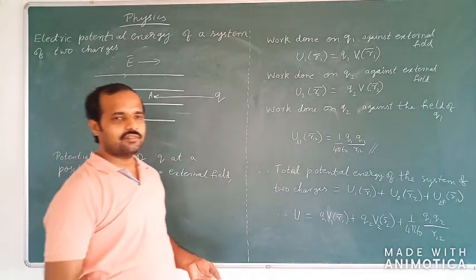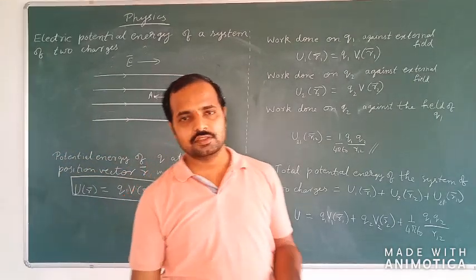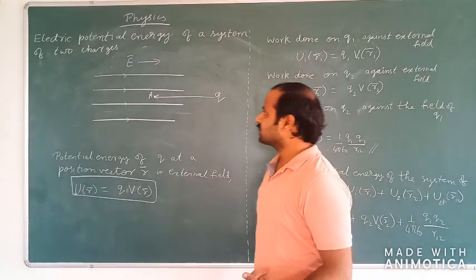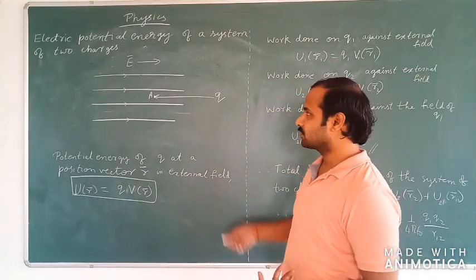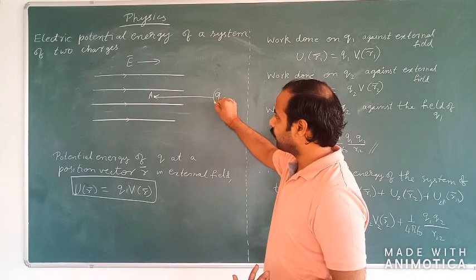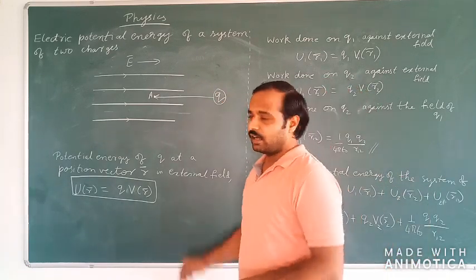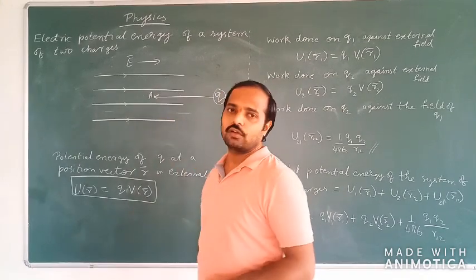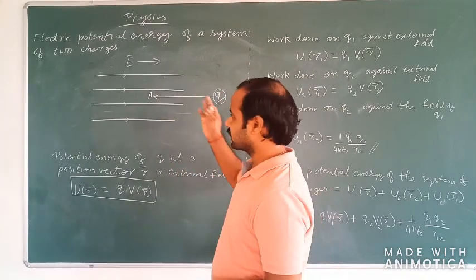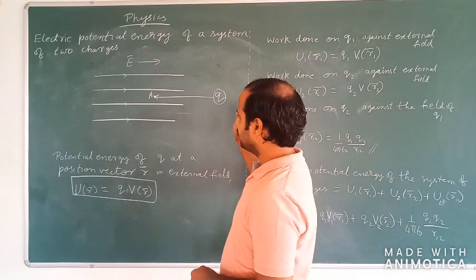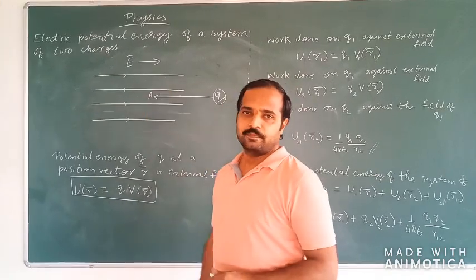Now all this time we have been talking about the unit positive test charge, but this time let us not take a unit positive test charge. Instead we are going to take a finite positive test charge of q coulomb and move it against the direction of the external electric field, from infinity to a position A.